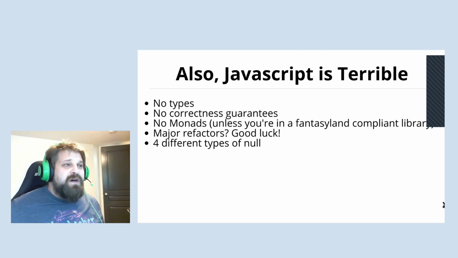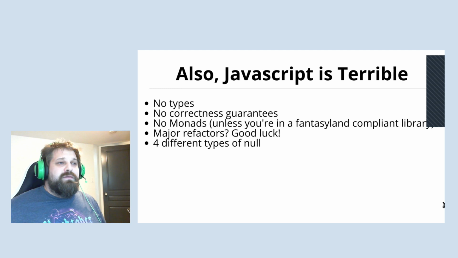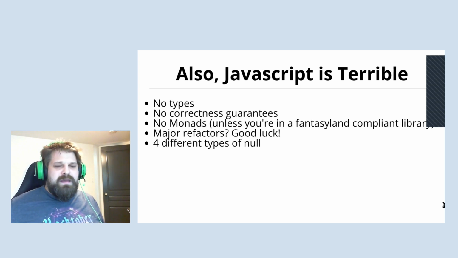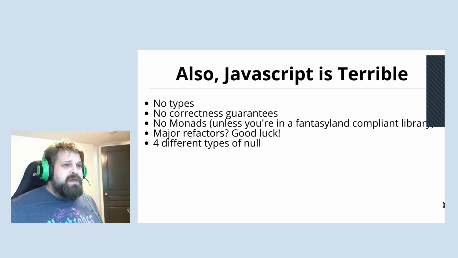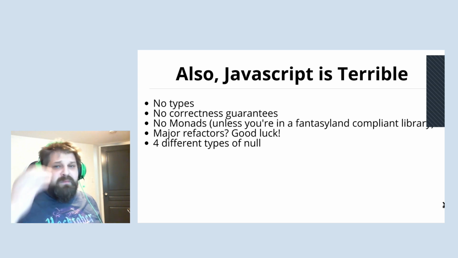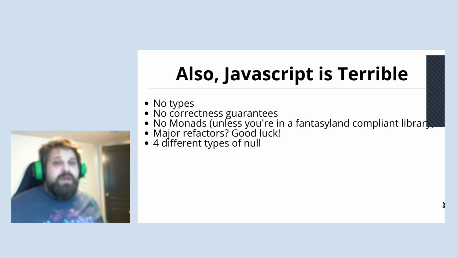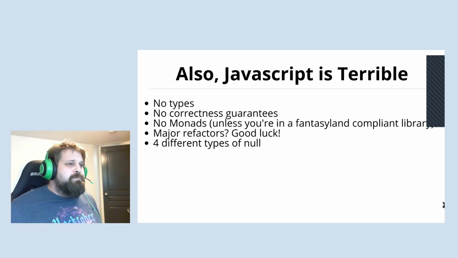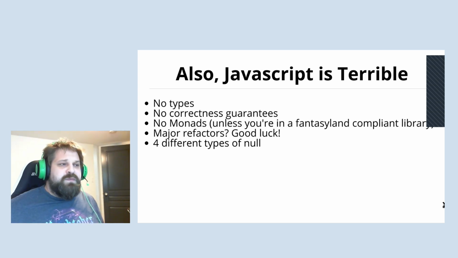There's no types. There's not a lot of correctness guarantees when you write a function. You don't have monads unless you're working in a particular subculture of libraries, but they're pretty good, the ones that exist. I really, really like Sanctuary.js and Ramda, and they actually all come from a bunch of Haskellers who were working in JavaScript and saw potential for something better right around the time that the JavaScript promise was released. It's a really interesting read if you want to go take a look at those threads.